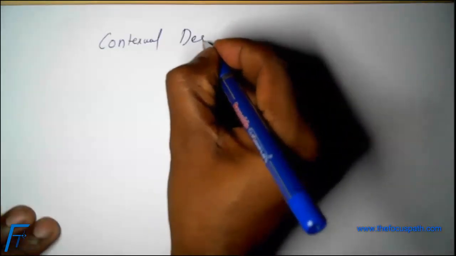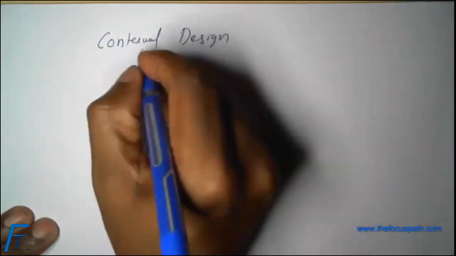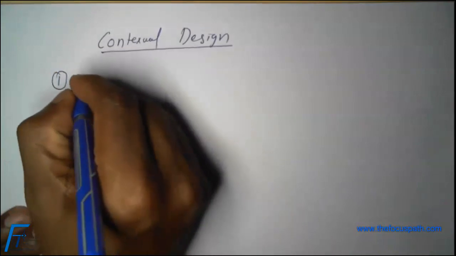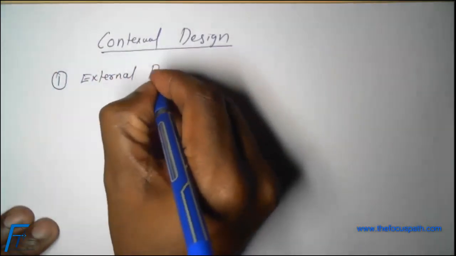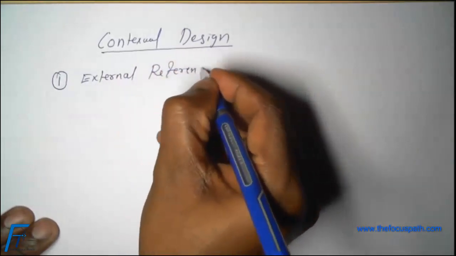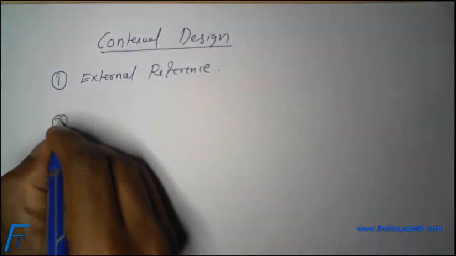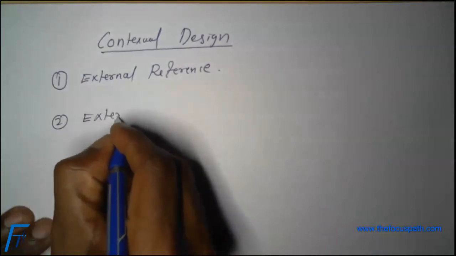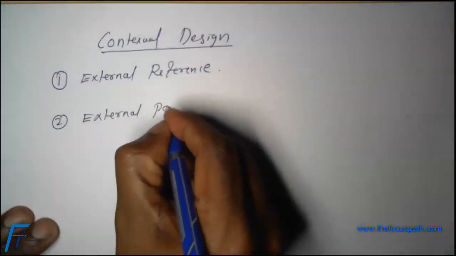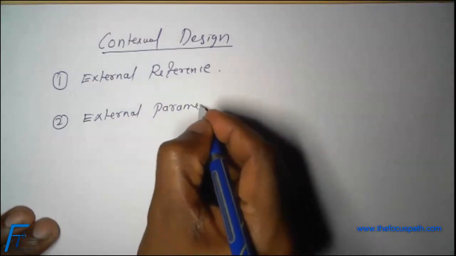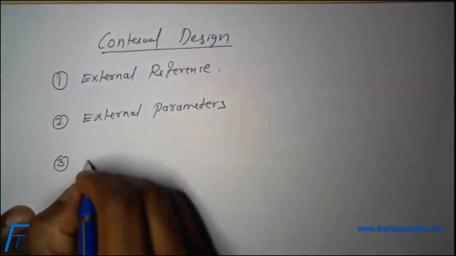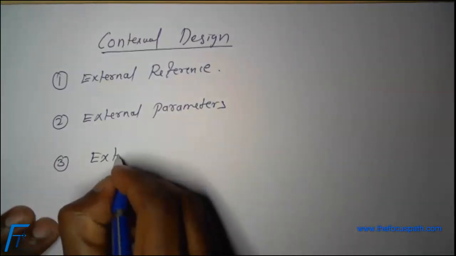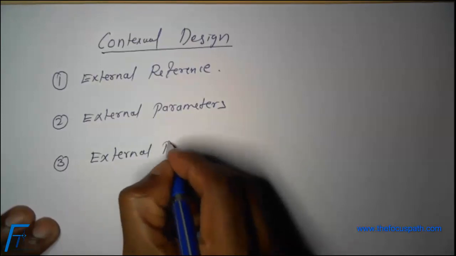Contextual design, right? This contextual design is of three types. Number one, we can use external references, which we covered. Number two, we can use external parameters. You know how to create parameters. And yesterday we covered a very important topic called publications. So we can use external publications,